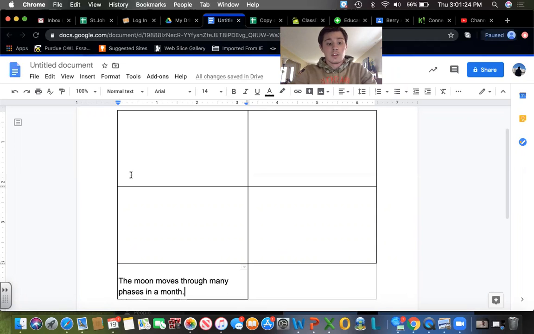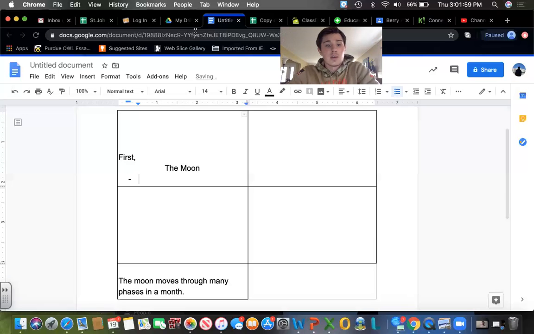Now, come up here to our first paragraph box. As always, we always start with our transition word. I'm just going to keep it simple and use first, comma, enter, and now I have to come up with what my topic is going to be, all right? I'm going to start by just giving a lowdown of the moon. I'm going to start by saying the moon, just to kind of give people a little bit of information about the moon who might not already know about the moon, all right? So,